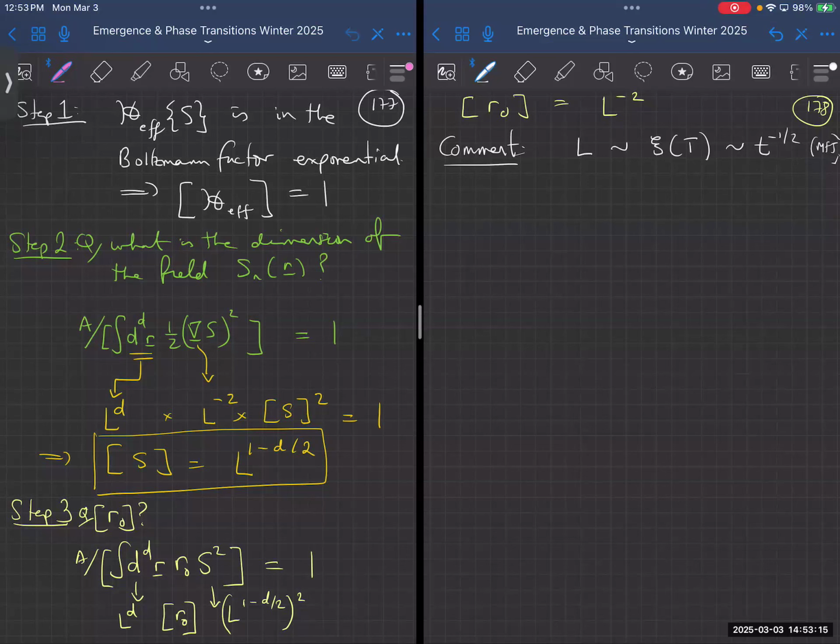So that tells us that R naught is proportional to t. And that's exactly what we already know, because we already know that the coefficient of the quadratic term is proportional to t minus tc. So in other words, this is consistent